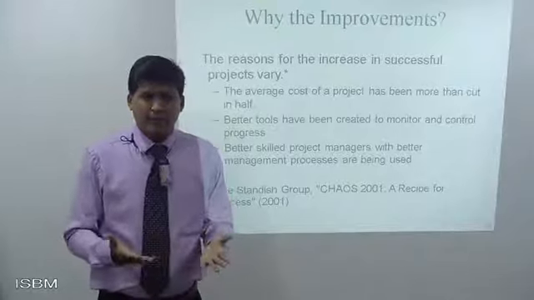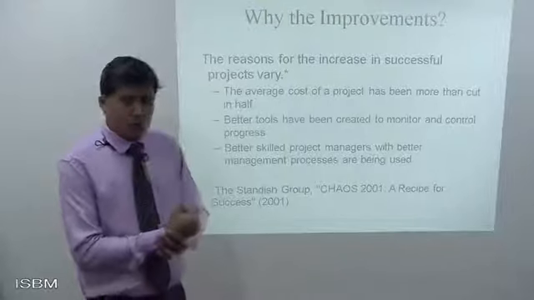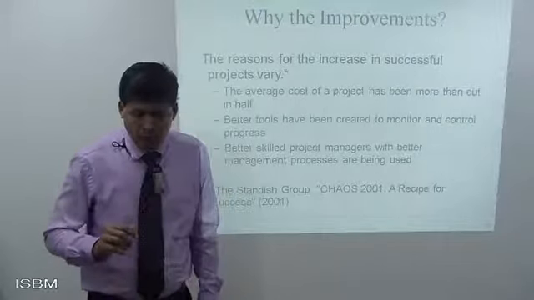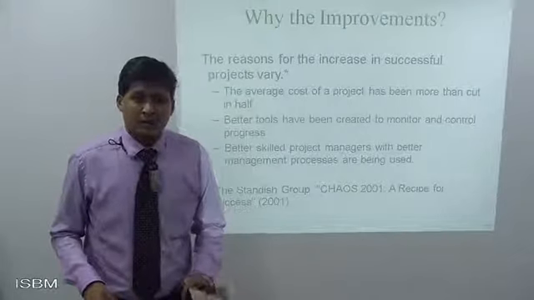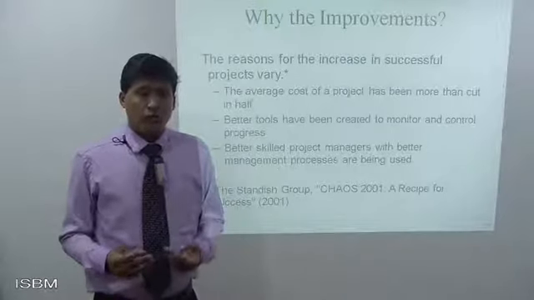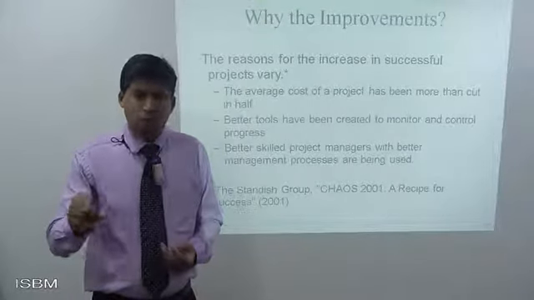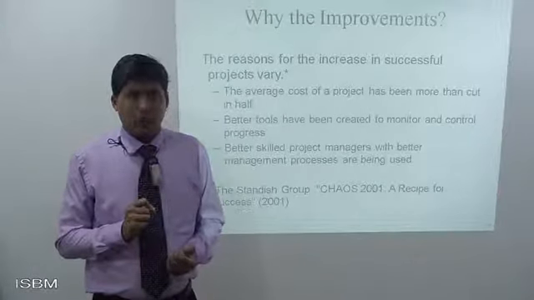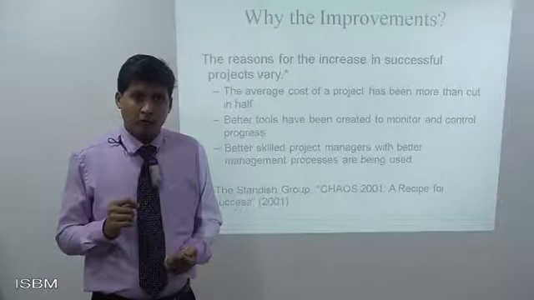So were these improvements because of project management? The reasons: 1. The average cost of the project has been more than cut in half. So one method that we spoke about in the past is about cutting costs. How can I cut my cost with my existing process? If 3 people are doing a job, can 2 people do the same job and one could be deployed to doing something else? Can machine time be optimized? So when it comes to machines, all of the TQM procedures were adopted in terms of optimizing machinery.